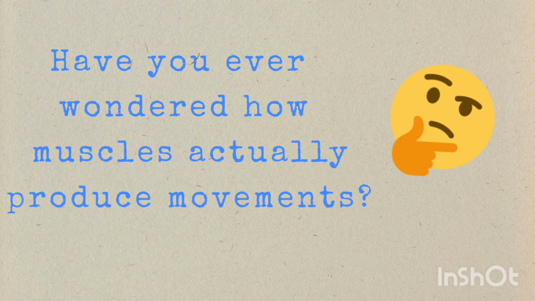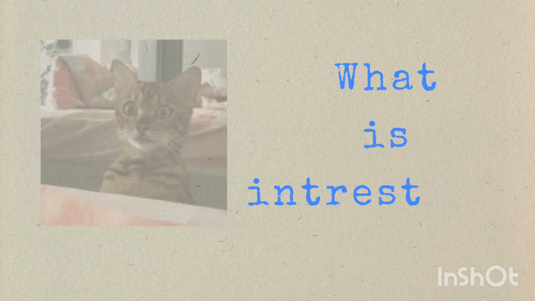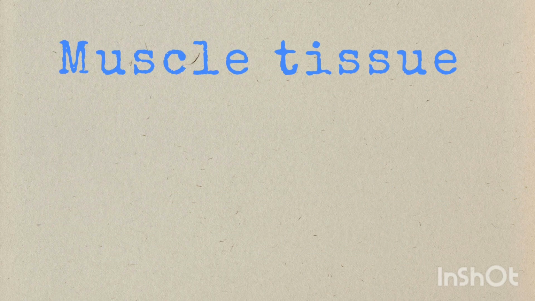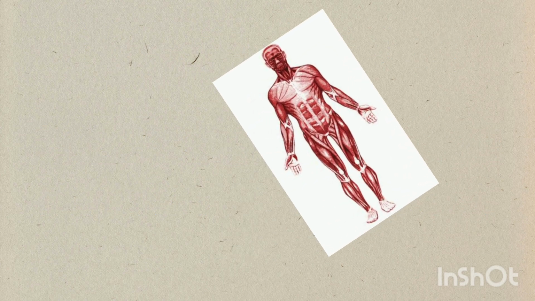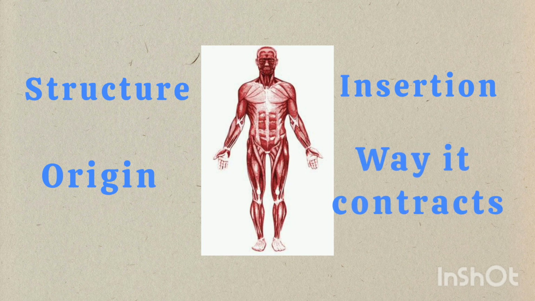Have you ever wondered how your muscles actually produce movement? When you bend your elbow, walk, run, or even maintain your posture, your muscles are constantly working behind the scenes. But here's the interesting part: not all muscles in your body are the same. There are different types of muscle tissue, each with a different structure and function. And when we talk specifically about skeletal muscle, understanding its structure, origin and insertion, and the way it contracts becomes